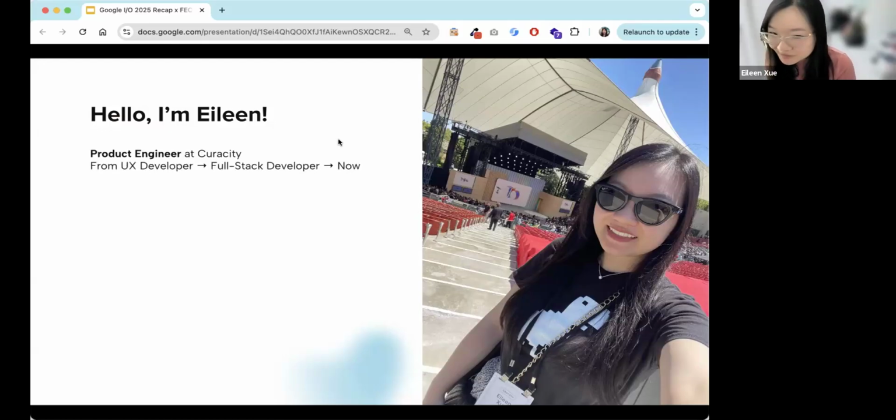I had different roles at this company in the past 3 years. I started as a UX developer. That is just more front end. I mean, it's a different terminology, but it's basically a front end developer. And then over time, I started becoming more full stack, so doing more back end as well, building features from end to end. I did enjoy that part because it allows me to know the system really well. So I wasn't strictly doing front end anymore.